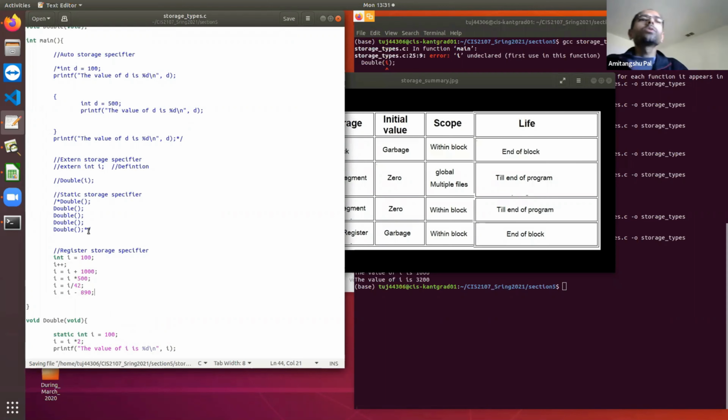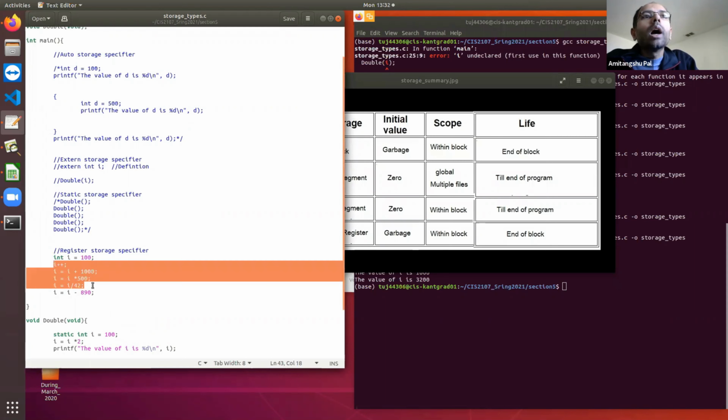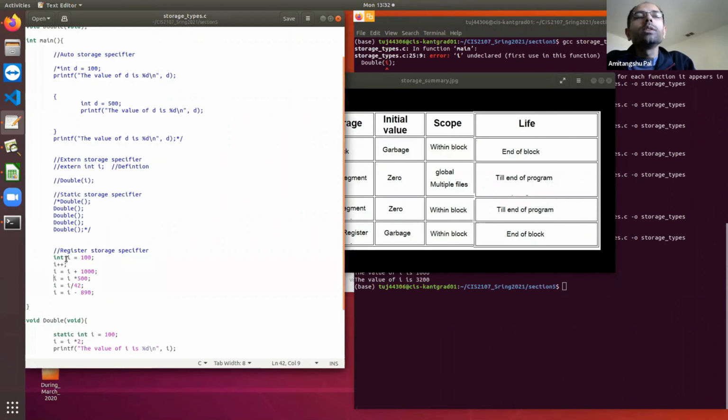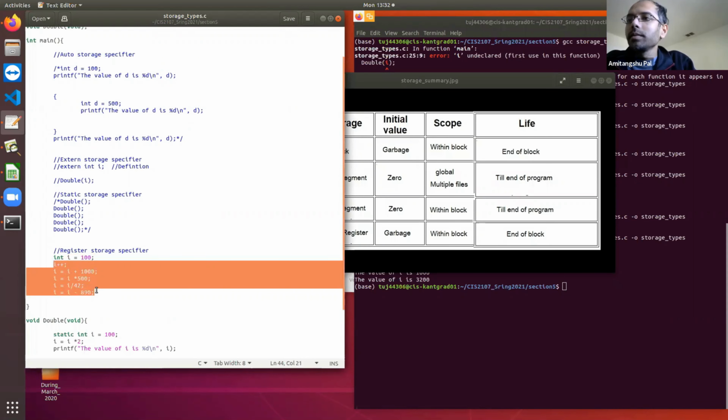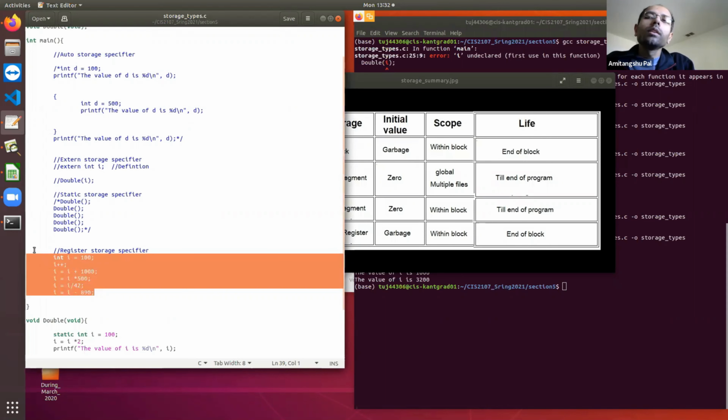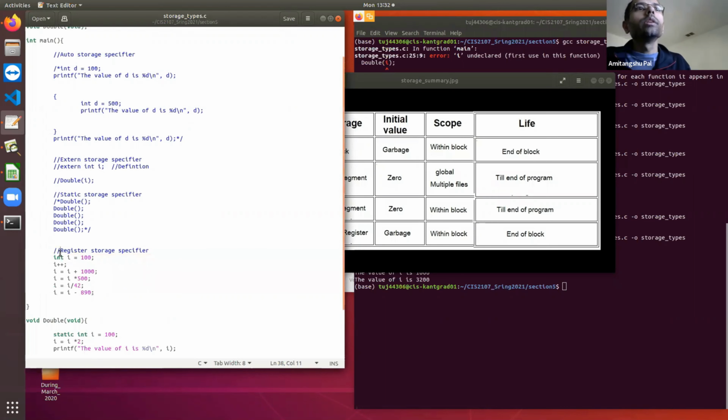That means you are reusing I again and again in the consecutive lines. You have initialized I to 100, and then you are using I again and again. So what's happening at the low level? Let's try to understand. When you reuse the same variable again and again, let's get into a little bit of low level details.